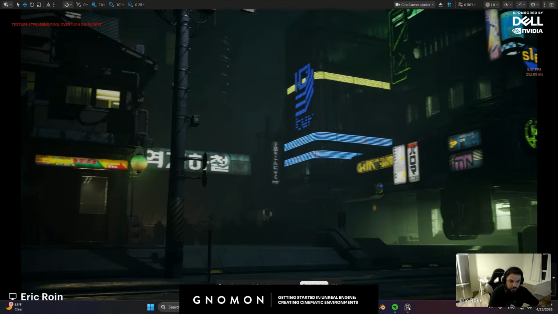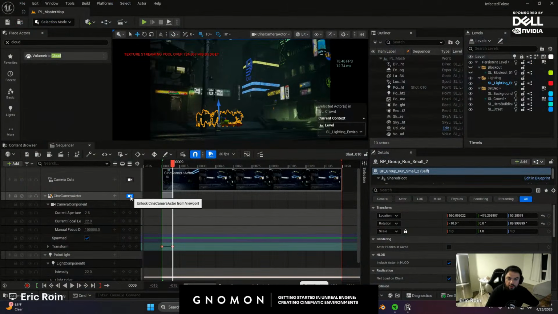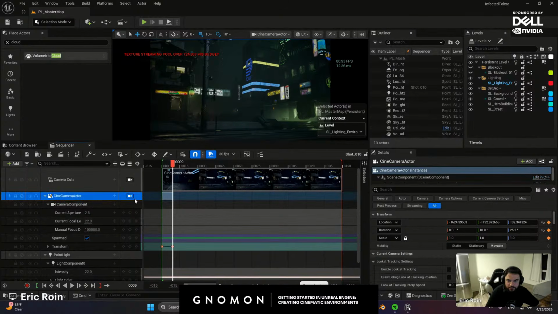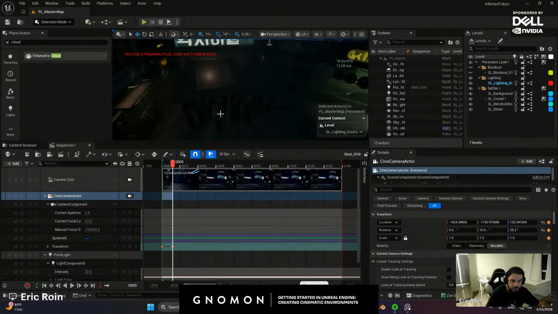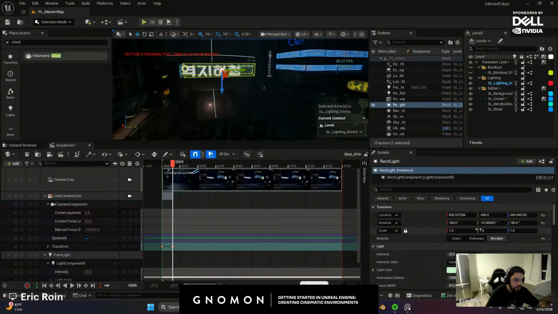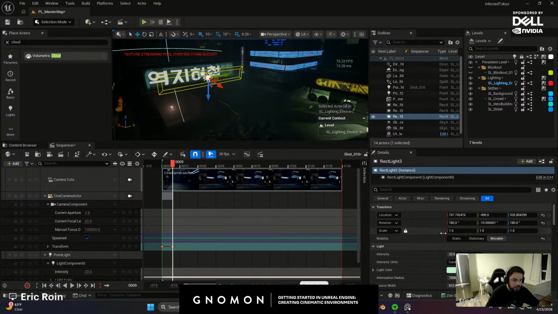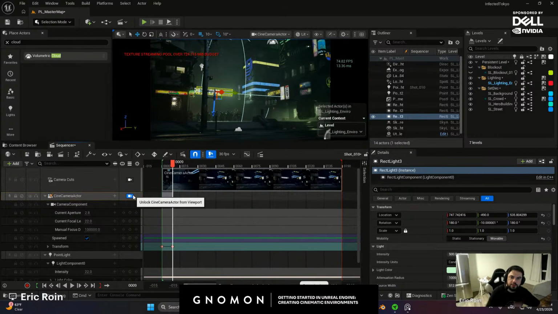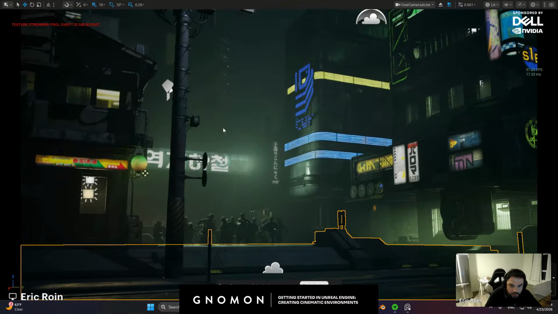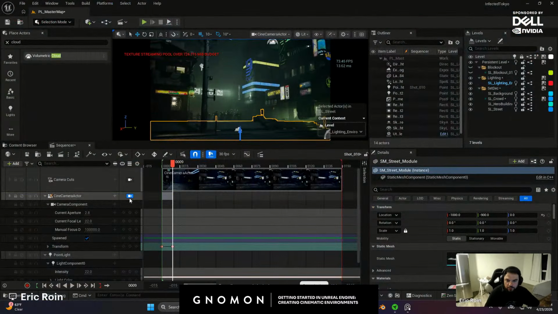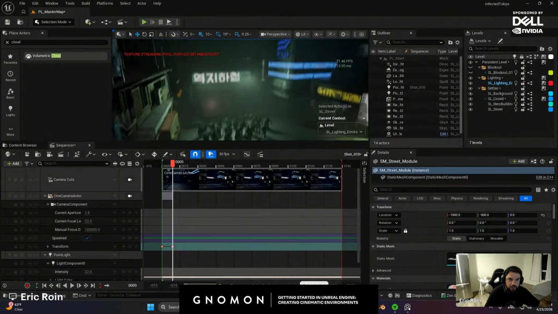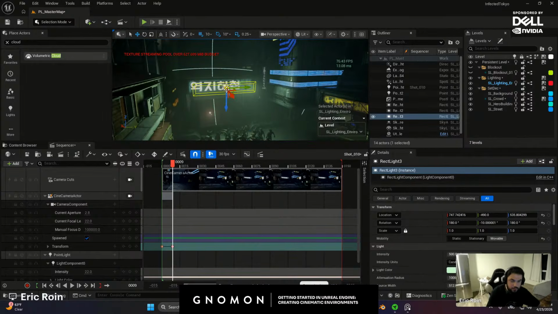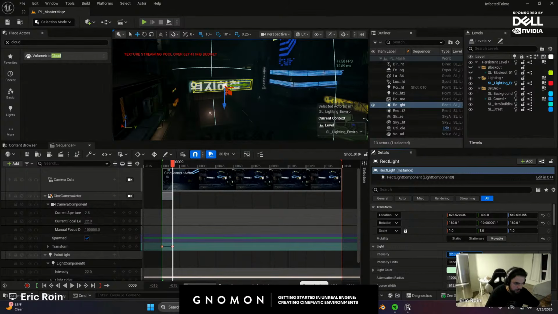Let's continue on. So I was talking about light channels, and I want to show you how they work. My goal is to highlight the zombies without making it too obvious. One way to do it is I can just duplicate the light source and keep increasing the value of that. It actually feels pretty cool though. I was going to put them on a separate channel, but now that I look at that, I'm going to show you light channels for a different example. I do really like how this looks, just a happy accident. So I'm going to take this one light source and then increase the intensity.